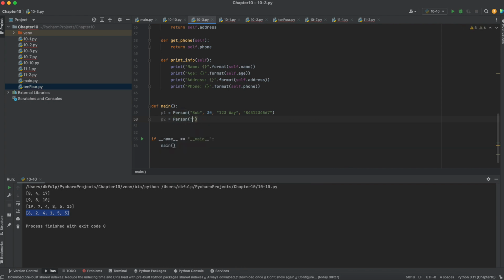And the second person here is going to be Jim, who is 20, whose address is 456 Way, with a phone number of 843-098-7654, just like that. Now, if I come in here and I do P1, which is the object, P1, and I'm going to call the print info method, that's going to call this method with self being P1, and it's going to get p1.name, p1.age, p1.address, and p1.phone,